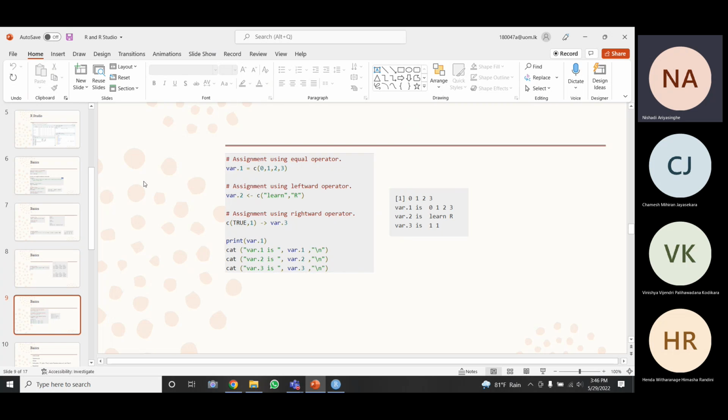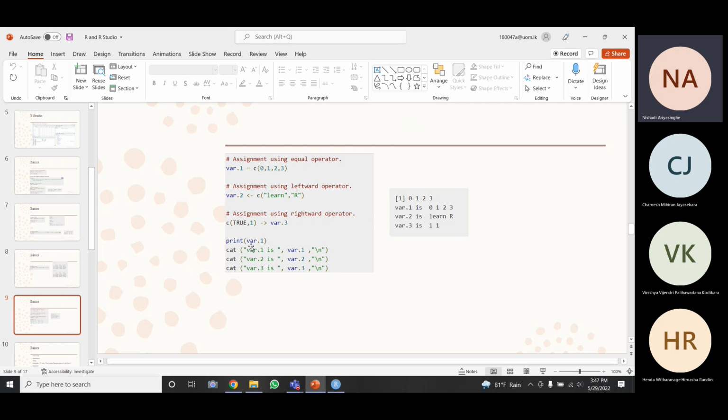You can use different ways of assignment in RStudio. So you can use the assignment value, the equal operator. You can use this pointer operator like the leftward operator, or you can use the rightward operator, right?